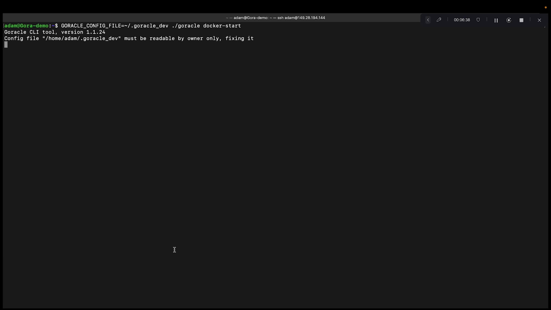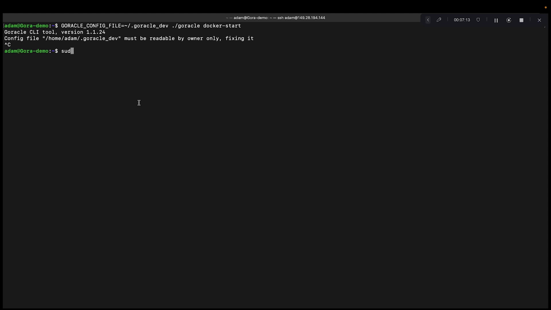Okay, so this is important. It is not working, and there's a very specific reason as to why. I am running Ubuntu 20.04, and if you are not running the latest version, which I believe is a somewhat requirement for the Gora software, then it might have a hiccup, because I already ran through this before making this video. So I have a Docker container started, and it is now confusing my computer here, and it's not wanting to start.